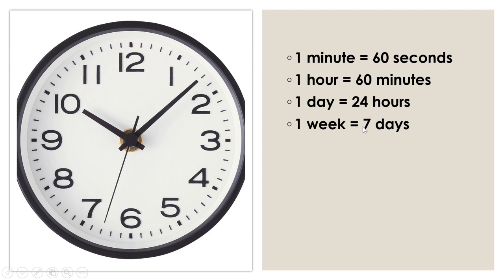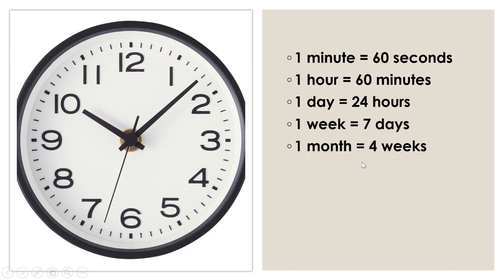Saturday and Sunday are called weekend. I'm sure you are having a great weekend these days. Every weekend we are having an off on Saturday and Sunday. So children, our week starts always from Monday. So first day of the week is Monday and the week ends on Sunday. So we start like this: Monday, Tuesday, Wednesday, Thursday, Friday, Saturday, Sunday. So there are 7 days in a week. Okay, let's move ahead.